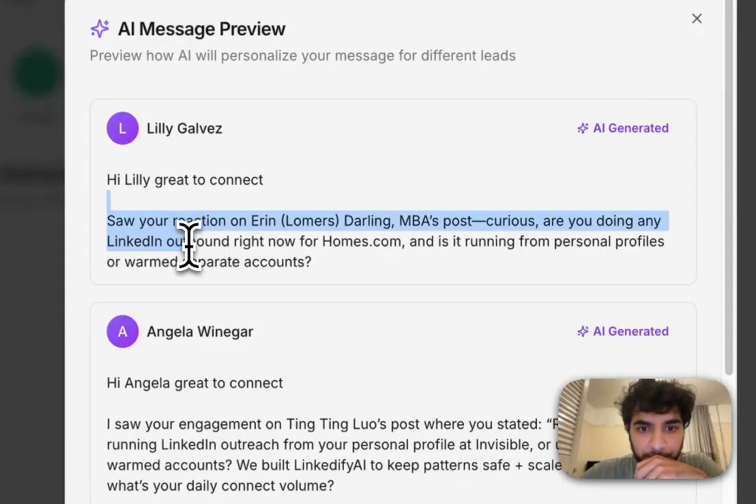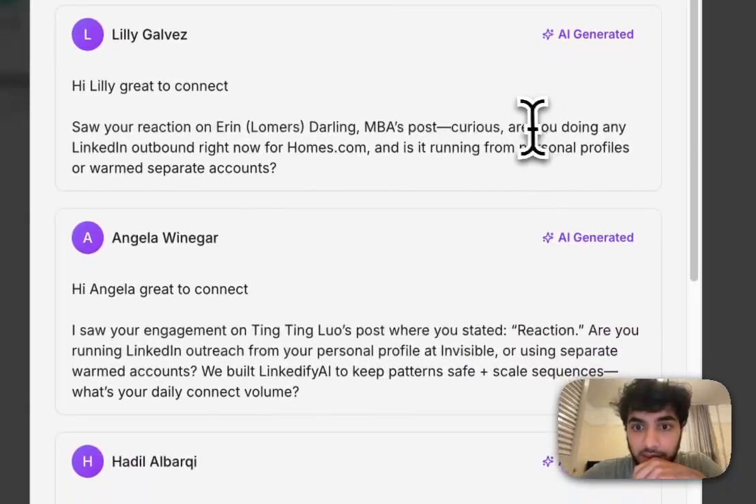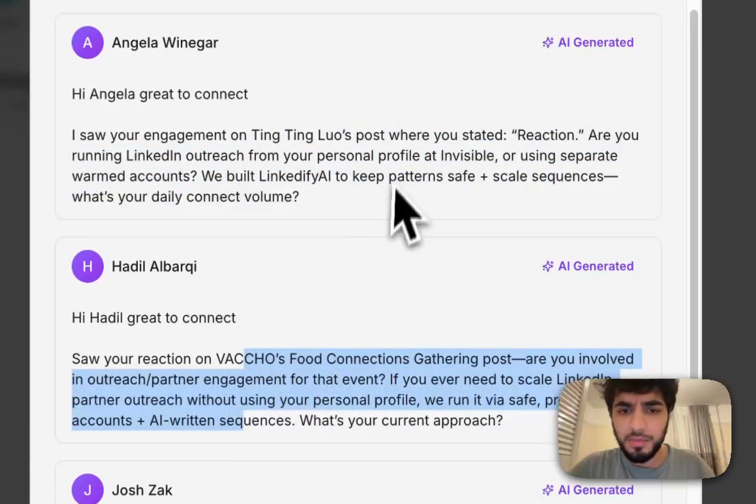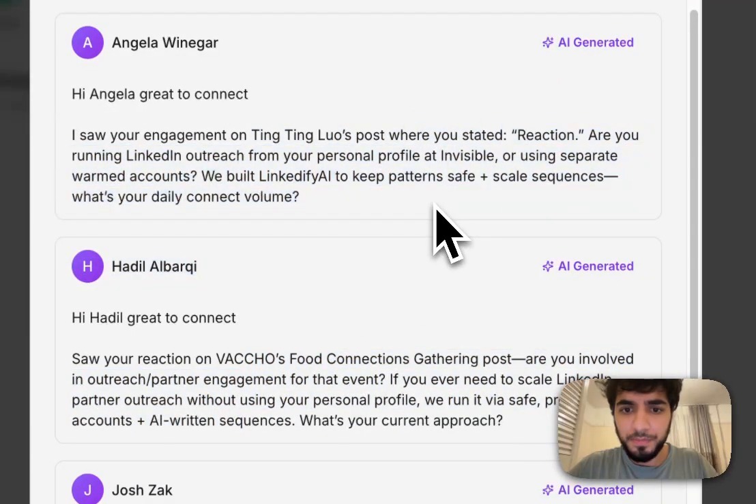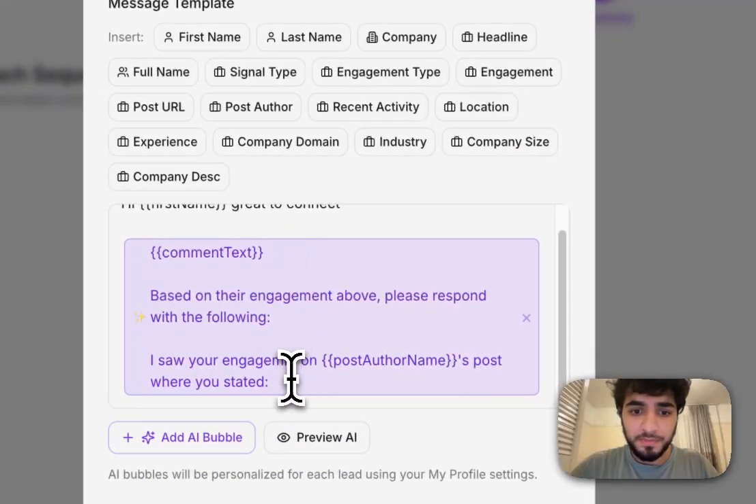So as you can see here, it's generated a message from the person's post that is personalized and uses AI. Okay, and I actually don't like a lot of these messages. I didn't want it to say all this, number one, and I didn't want it to say the actual value proposition in this message itself. So what I can do now is